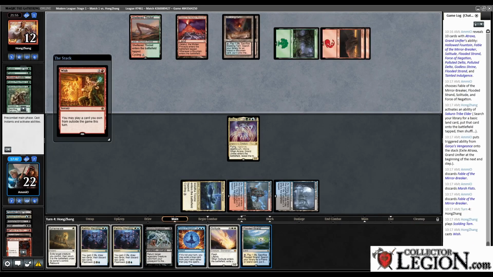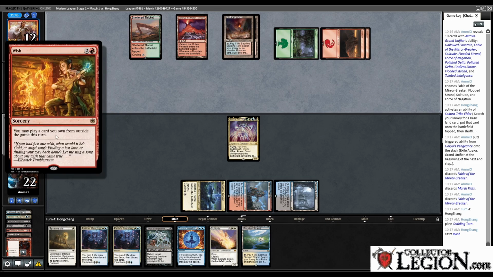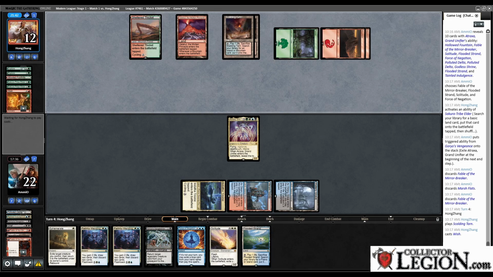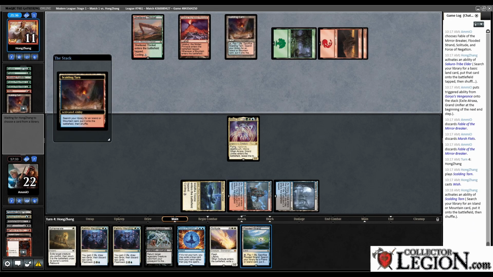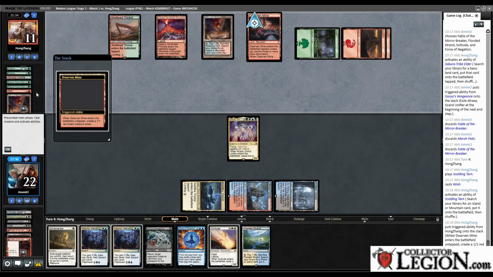Wish. Am I supposed to counter this? What creature, what non-creature, or what creature rather, can they wish for? I assume they're going to wish for Scapeshift, so yeah, that resolves. Do they have to show us? You may play a card you own from outside the... No, they don't, until they actually cast it. You are correct. Yes, I did know...